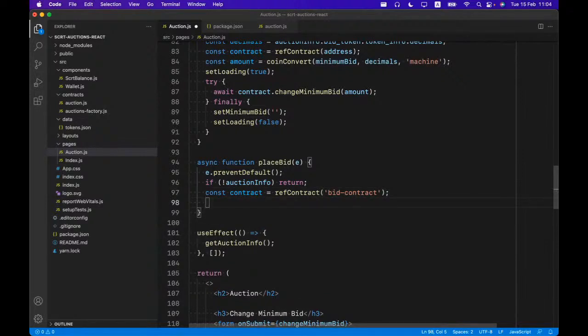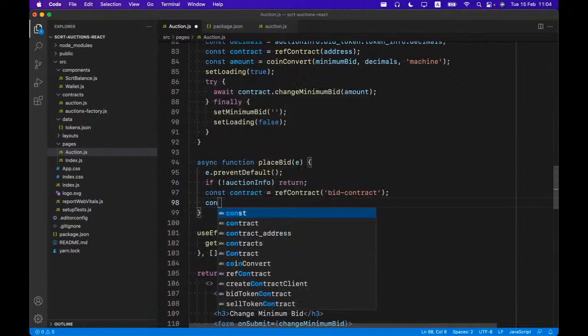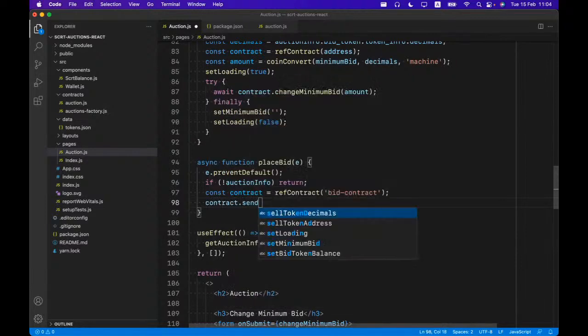Now the bid contract is a SNIP20 token. Therefore, it is using the SNIP20 definition, and also has the send message, right? So if I do contract.send, then I will be able to call the send function,